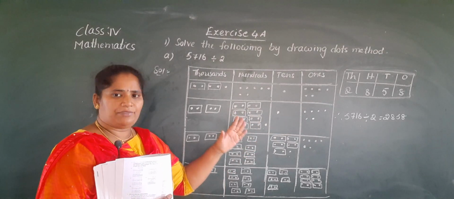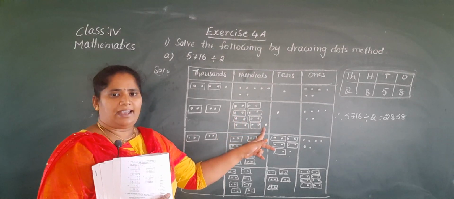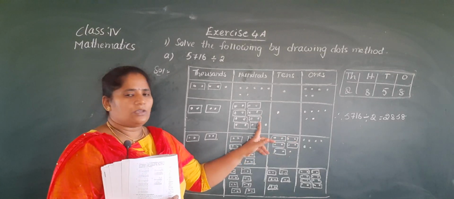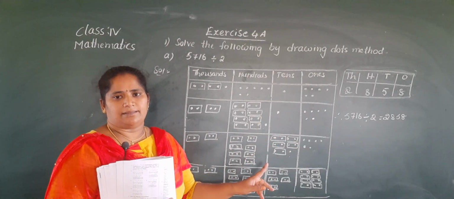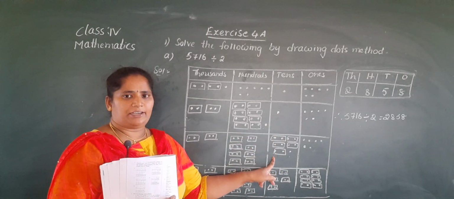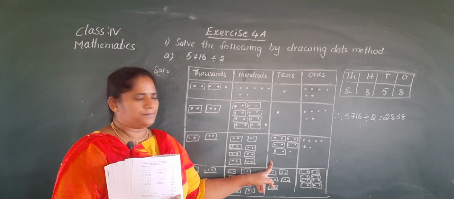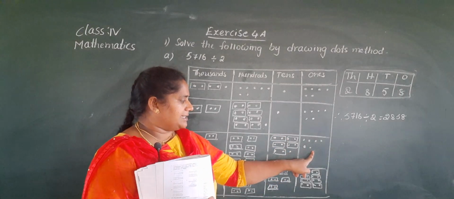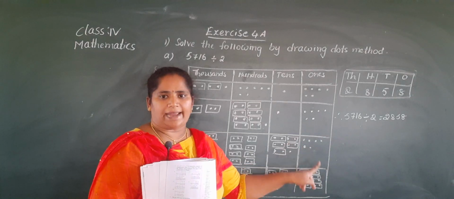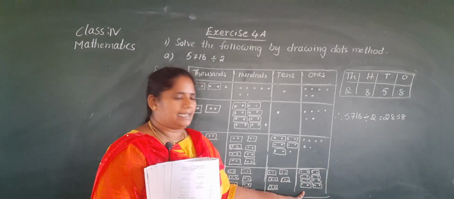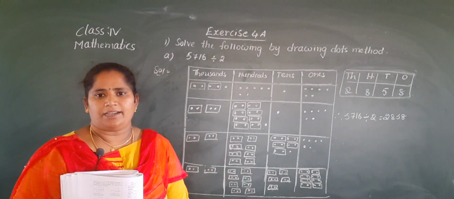So same like that, again we make the groups. If 1 dot left, we convert these hundreds to the tens. So 100 equal to 10 tens. Okay, 10, already here 1 dot. So 10 plus 1, 11 dots you have to keep. Again you make the groups. Here 1 dot left. So carry forward this 1 dot to the ones. That means 10 tens equal to 10 ones. Here already 6 ones are there. So 10 plus 6 is 16. Is it clear to you, children?